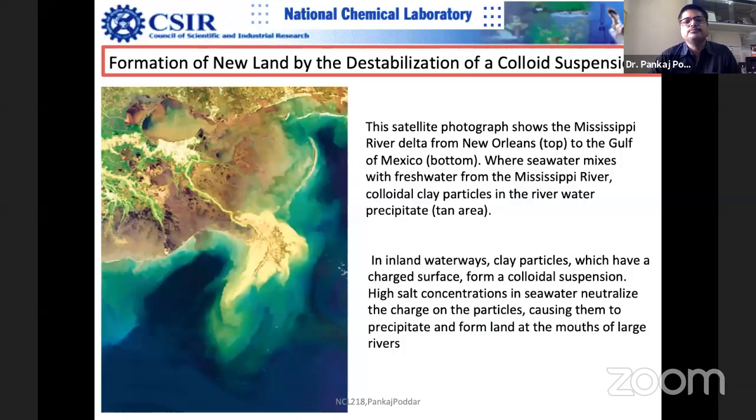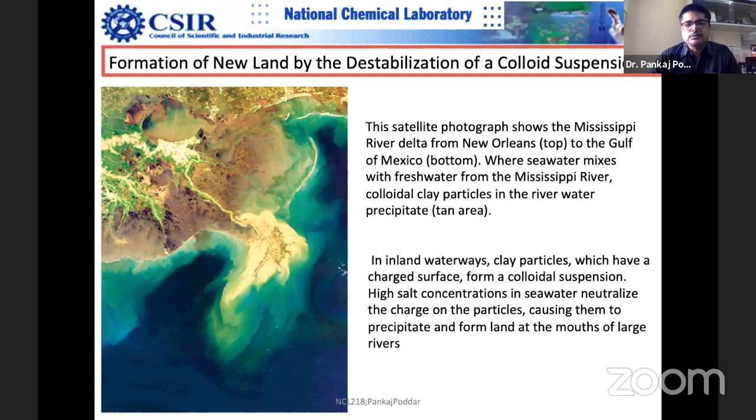So when these glacial rivers start from there, because of soil erosion, the water carries a lot of soil from the upper Himalaya, and then it goes to the plains through large rivers like Ganga, Yamuna, and Brahmaputra. These particles, when they come from the Himalaya, start breaking down into smaller sizes, and finally they are in the micron sizes. Depending upon the type of minerals, these grains differ in sizes, colors, and chemical composition, but